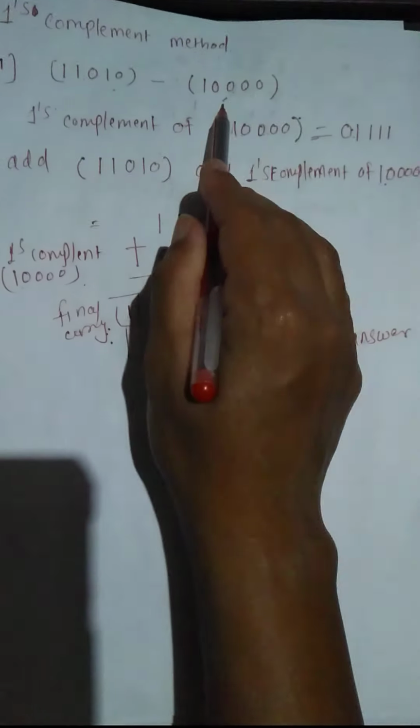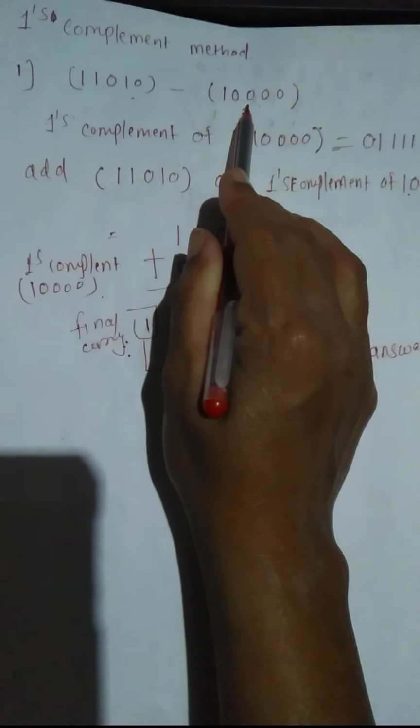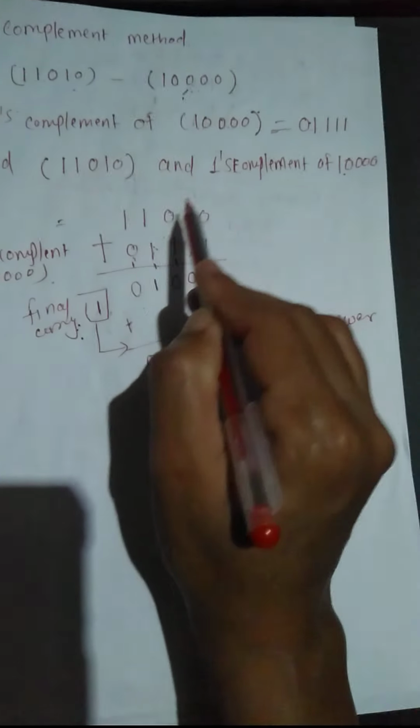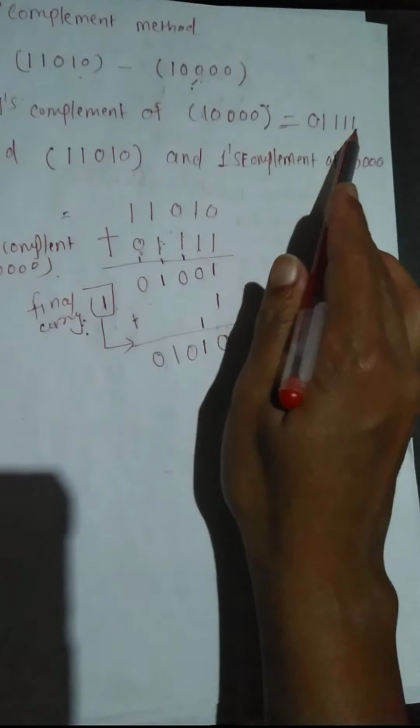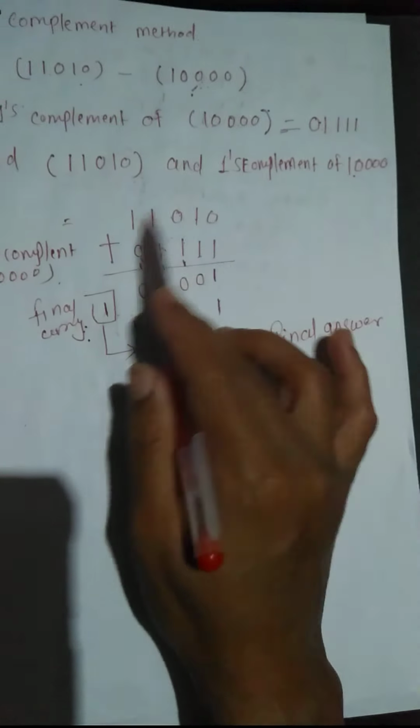Take the ones complement of the second number, and add that to the first number, and apply the addition rules. If carry is generated in the final result, then this carry is added into this answer, and this is the final result. And second, if the final carry is 0,